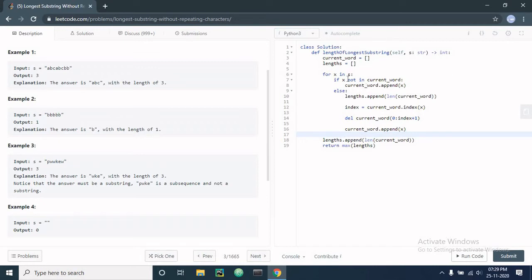We check that K is in the current word. It's not, so we append it. We loop again. We check E. We see that it's not, so we append X to the current word. Now W comes and we see that W is in the current word, so we go through it.